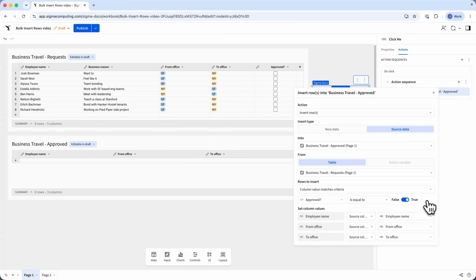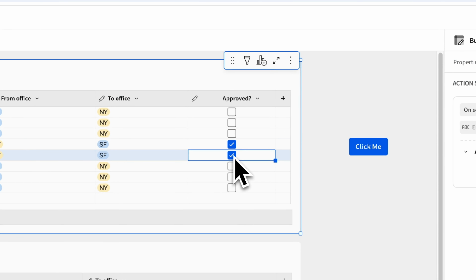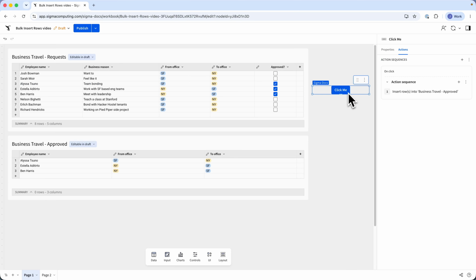Then, make sure the source columns are mapped properly to the corresponding columns in the approved table. The only columns we're interested in are these, so this looks great. Now, we can test out the action. Check off these 3 employees because they're the ones with valid reasons to travel. Then, click Insert and they show up in the Approved table, ready to be sent off to the right team